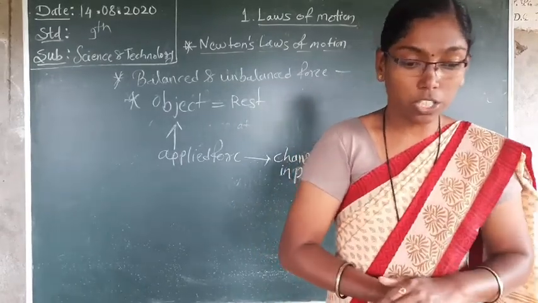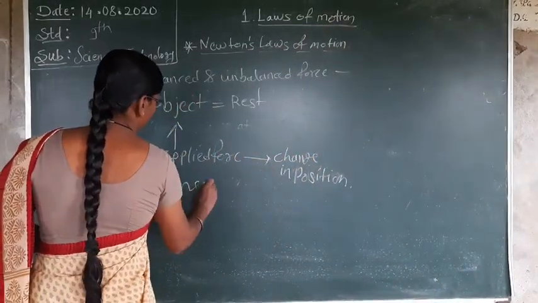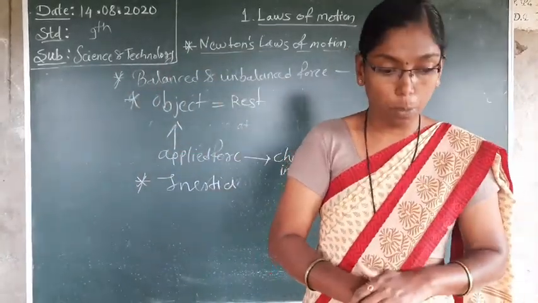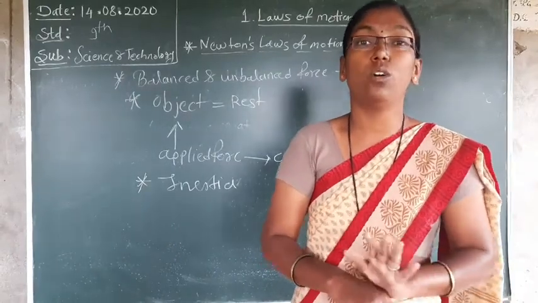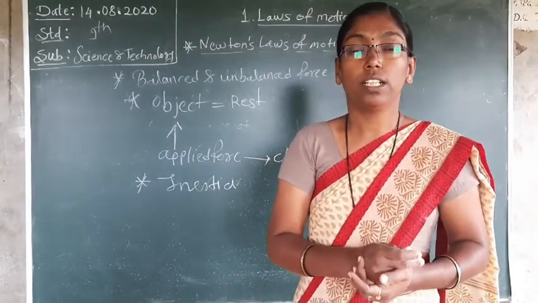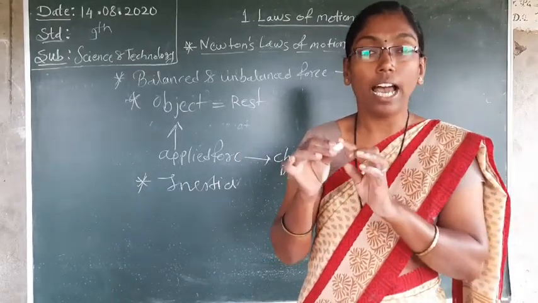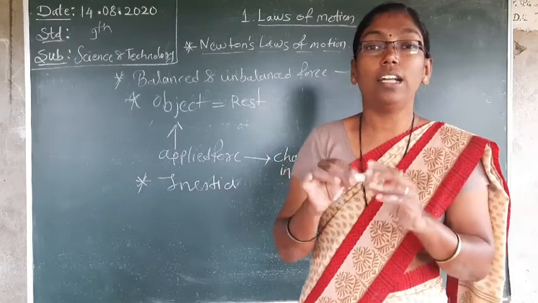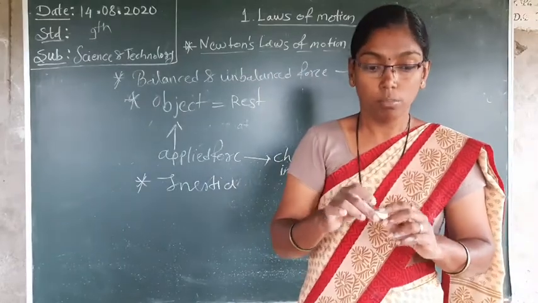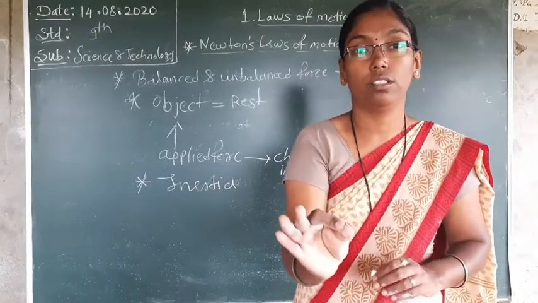So Newton's first law explains only inertia. What does it explain? Inertia. What does inertia mean? The inability of an object to change its motion on its own. They cannot change position on their own, however anyone applies force. The chalk cannot go by itself. It doesn't have legs or hands. Unless I take it and go, only then does the chalk change position. It is the inertia, the inability of an object to change its motion on its own.